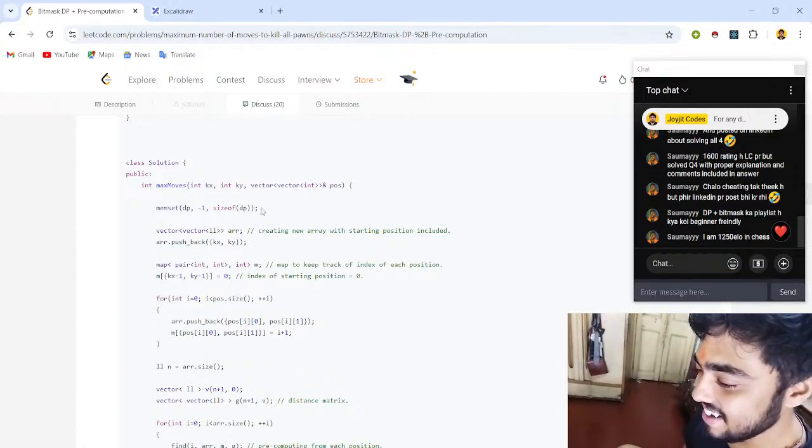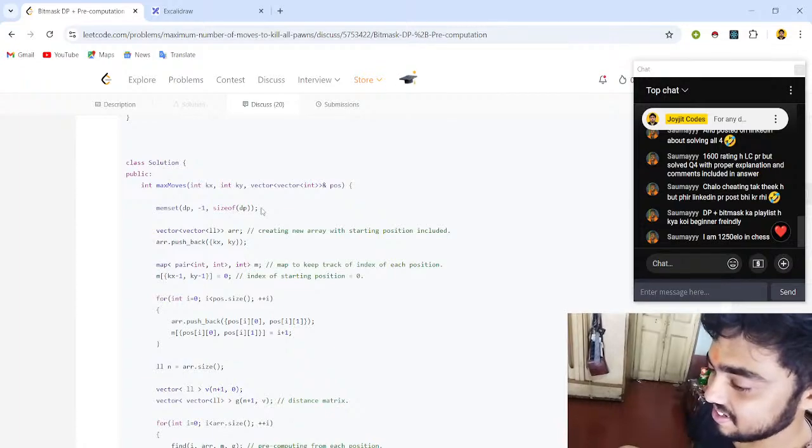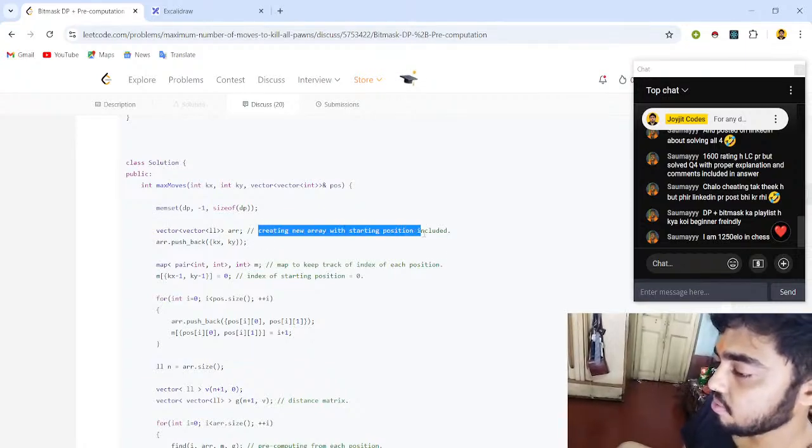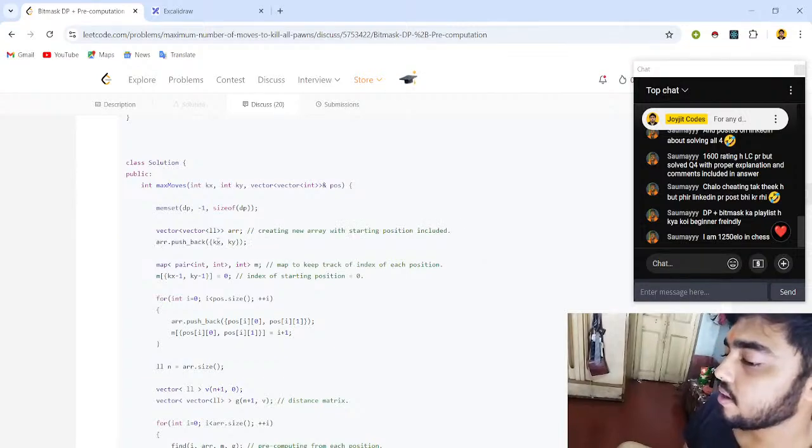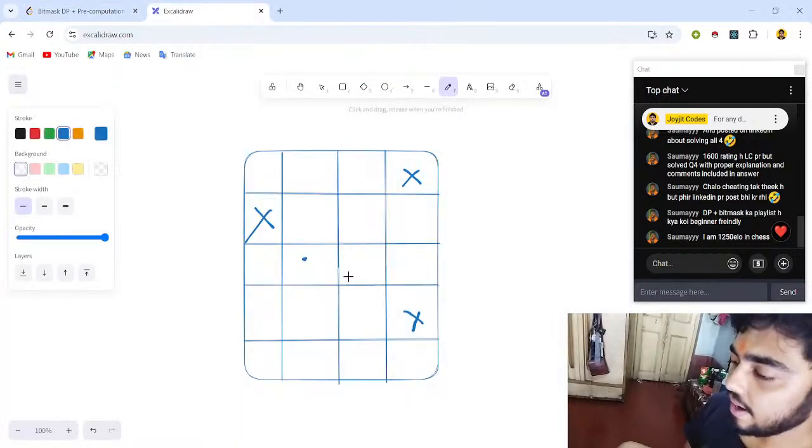Memoization. So he's taking the size of the DP and setting everything with memset to -1. Now he's creating a new array with the starting position included. So he's basically including the starting position of the knight in that. And we know one thing, that the position of the knight is going to be